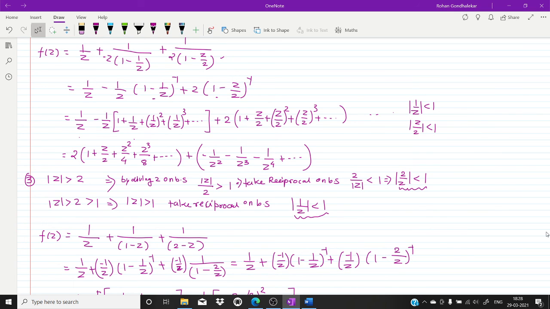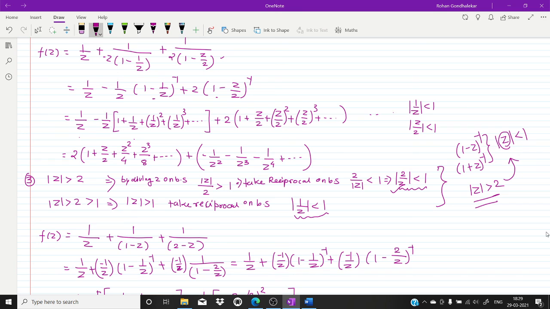Second, what I've done with this region identification is that I have done this arrangement because I want to apply these expansions: 1 minus variable raised to minus 1 and 1 plus variable raised to minus 1. In both the cases, what I'm expecting is that the modulus of the variable should be less than 1. I'm calling this a variable purposefully. So based on your region, mod z is greater than 2, try to arrange in this format, where the modulus of the variable is less than 1. So I arranged it in this way.